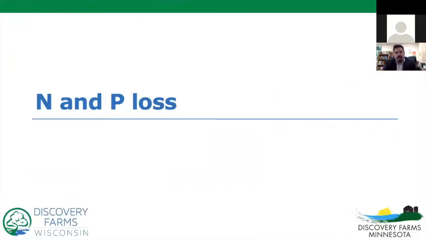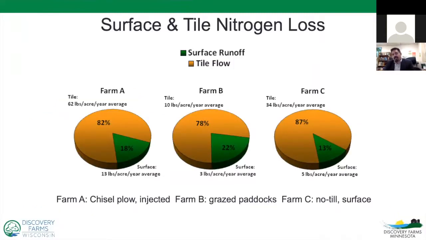So we think more about nitrogen and phosphorus loss, and we want to know how much we are losing. We're losing quite a bit of nitrogen in our systems here. Farm A was the chisel plowed grain system. Farm B was the grazed paddock, and Farm C is the no-till field. We're seeing most of our nitrogen loss occur through the tile drain relative to the surface, and